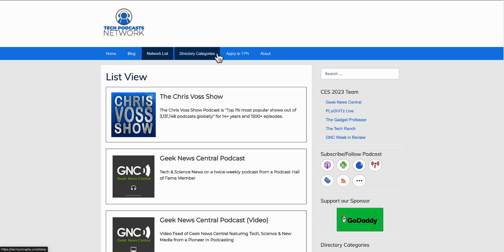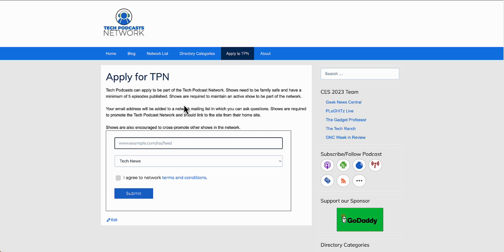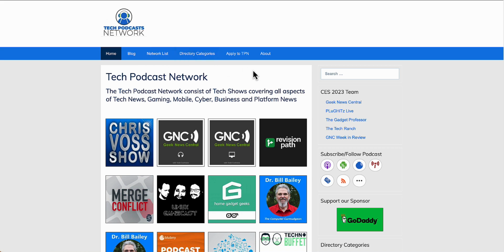At the same time, there's the ability for people that want to be part of the network to be able to apply. All they have to do is put in their RSS feed, select which category they are, agree to the terms and conditions, and submit, and then an administrator can review their application. And this is where